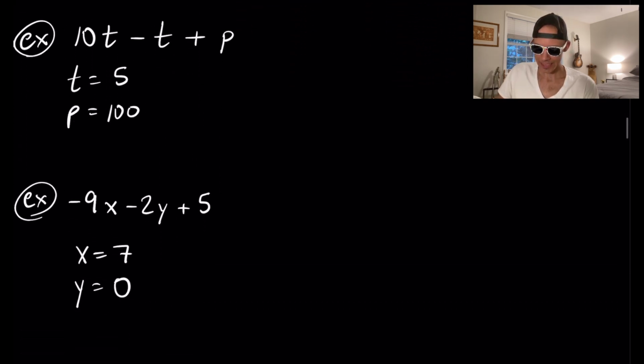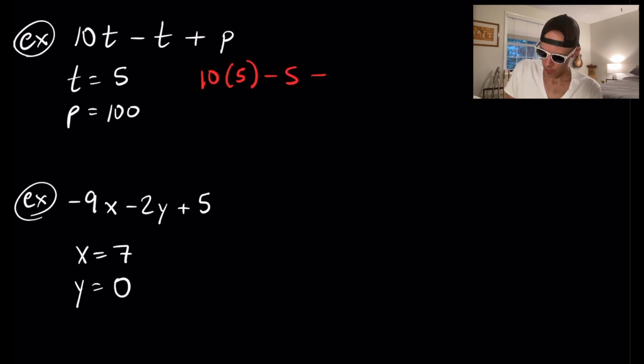All right, 10t minus t plus p. There's a couple different ways you could do this, but it never fails you to plug and chug. So that's what we'll do here. I'm going to plug in 5 for t, so 10 times 5 minus 5 plus p. And let's see, 10 times 5, or actually, why did I write p? Let's make that 100. Okay, 10 times 5 is 50 minus 5 plus 100. And then we'll go left to right. So 50 minus 5 is 45 plus 100 is